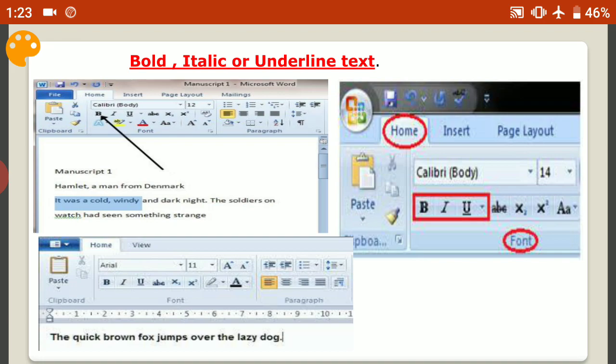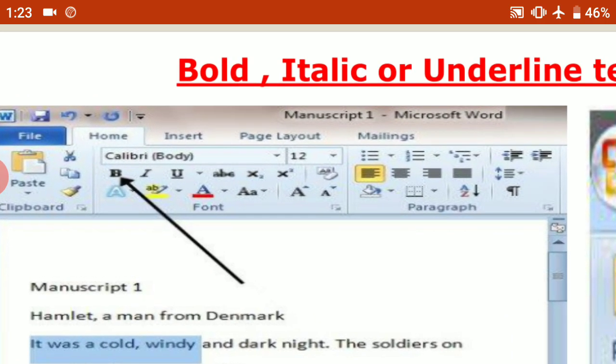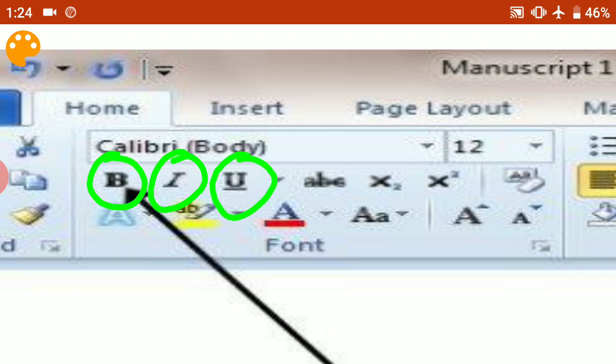Select the text for a new style. Click on the Home tab. Where is the Home tab? Yes. Then click on the following option. B means bold, I for italic, and U for underline.